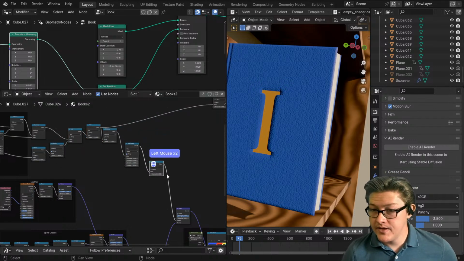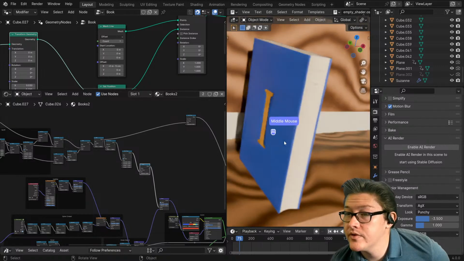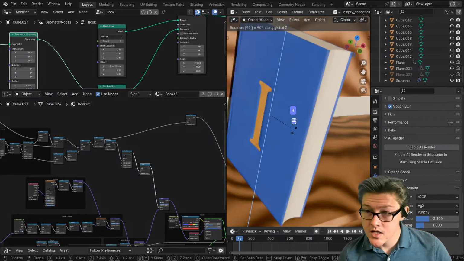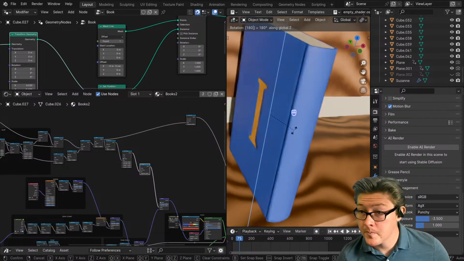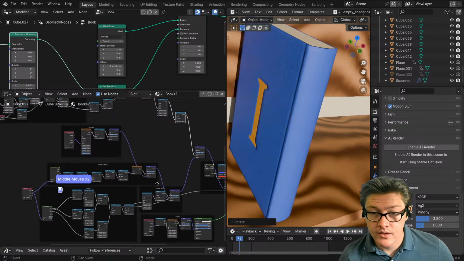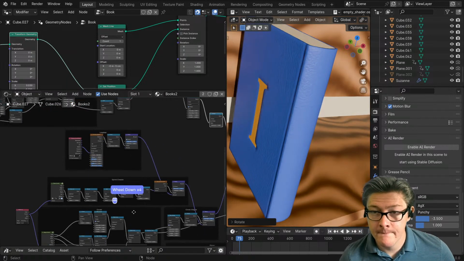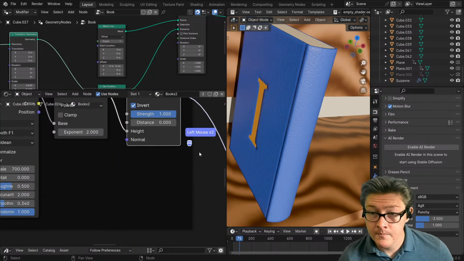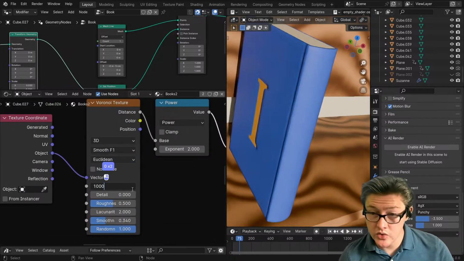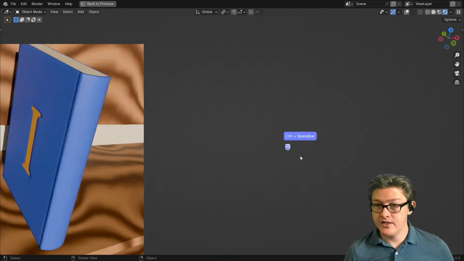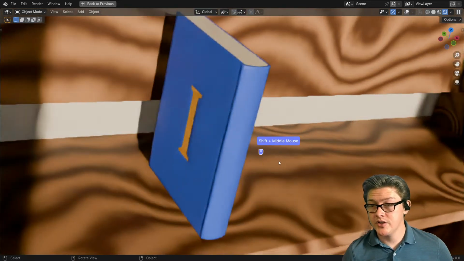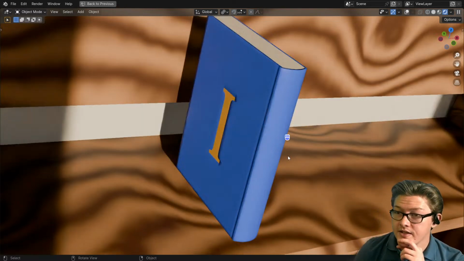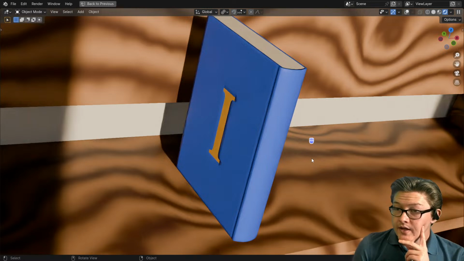Boy, the bump on that leather material is really, really high too. Maybe I'll fix that real quick. Let's find my leather thing here. Turn the bump down to, I don't know, 0.01. Let me make the scale of that bigger too. And now we have a nice finished book with the letter I on it. And of course it takes a little bit to render. But other than that,